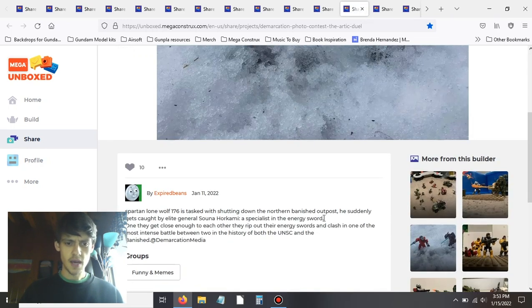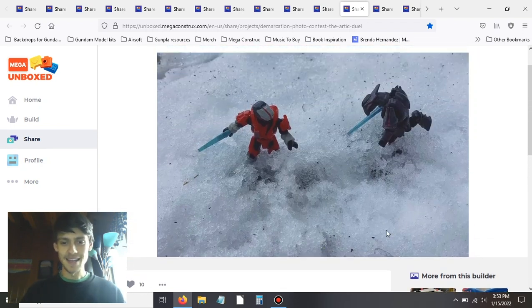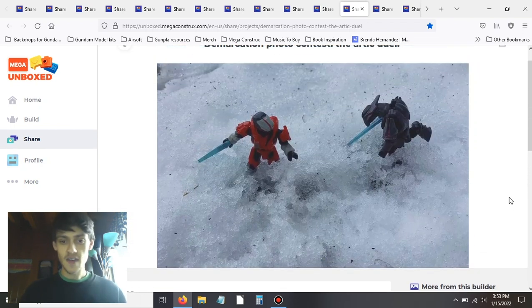Okay, so we've got one by Expired Beam. What a name. What a name. This is another snow one. We've got a Gungnir Spartan with his energy sword out fighting an Elite Ultra, which is the Spec Ops one. And it looks like